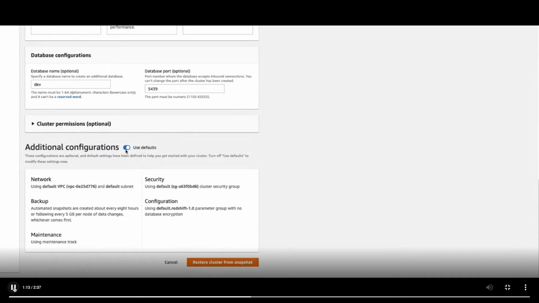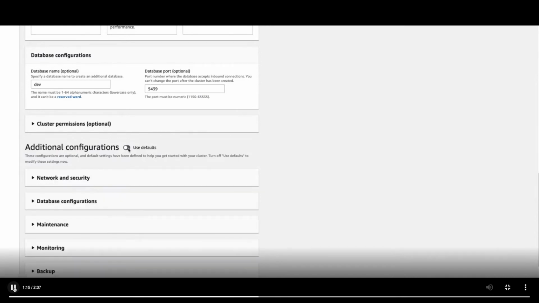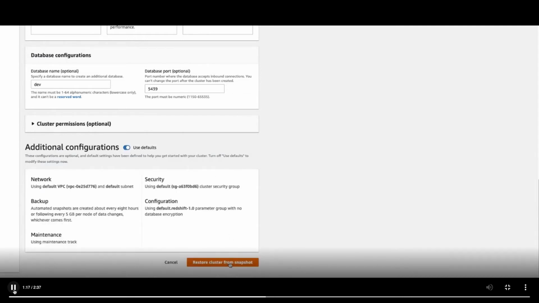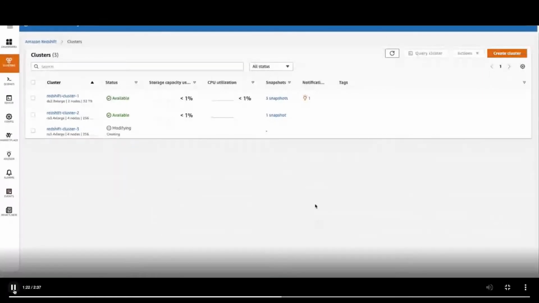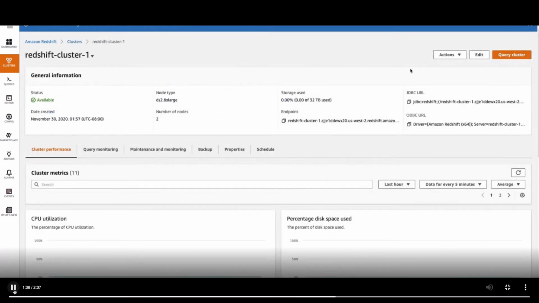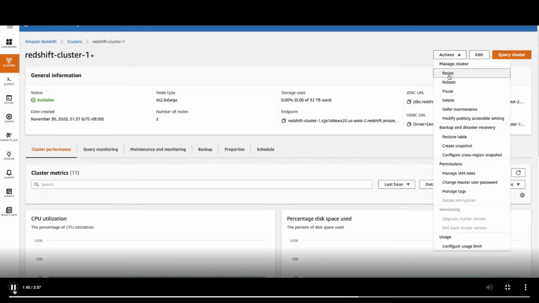So here I'm using the default, unless you want to change any of those settings, you can do so. But I'll choose the defaults, and you're restoring a new cluster, and this will be created in parallel. I will also show you an easier way, which I mentioned. So in this demo, I'll go directly to the cluster, the same DS2 cluster. And now I will go to the Actions tab, and I will say resize my cluster, and I'll say resize,